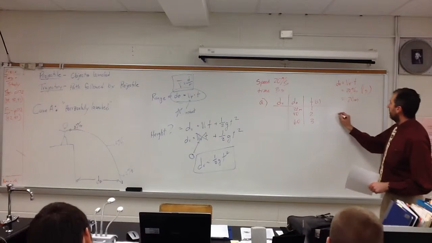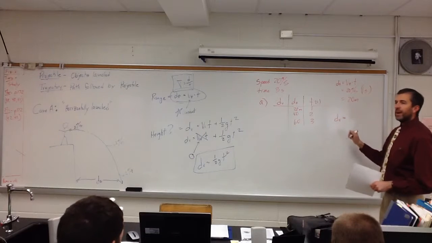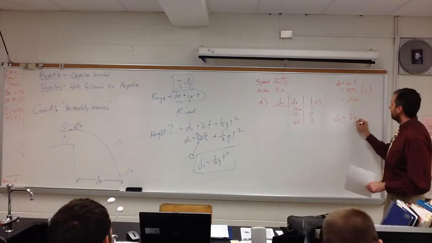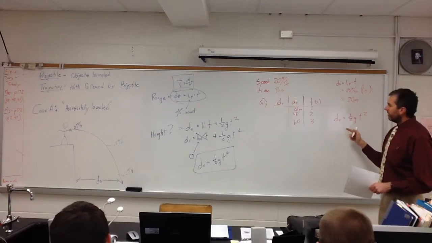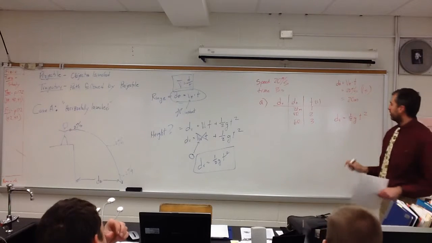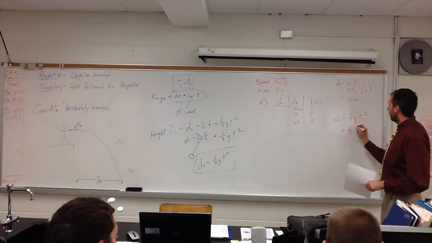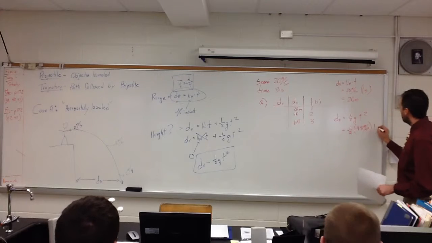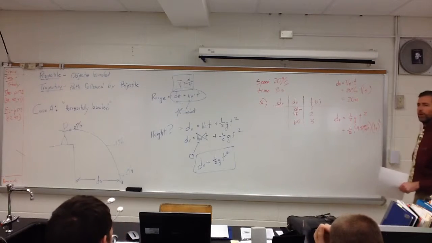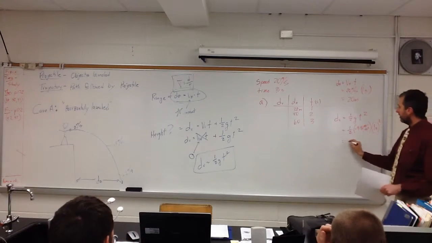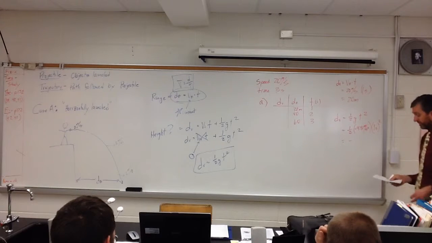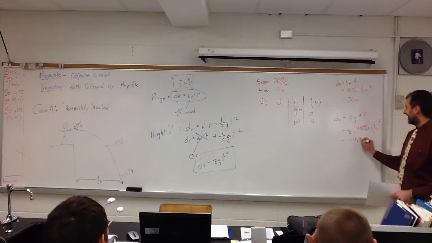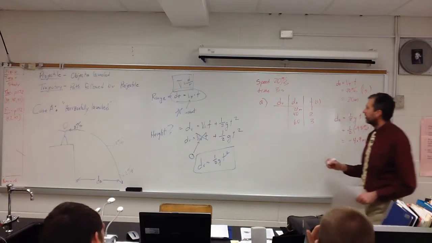Let's do the same thing to figure out how high off the ground we are. So we do 1/2 gt squared. So this is actually telling us how far the thing falls. So we're going to do negative 9.81 meters per second squared, and we're going to say the time is 1 second, we're going to square it. So when we do this, it comes out to be a negative because of gravity. And the first one comes out to be somewhere around 4.9 meters. That's how far it's going to fall